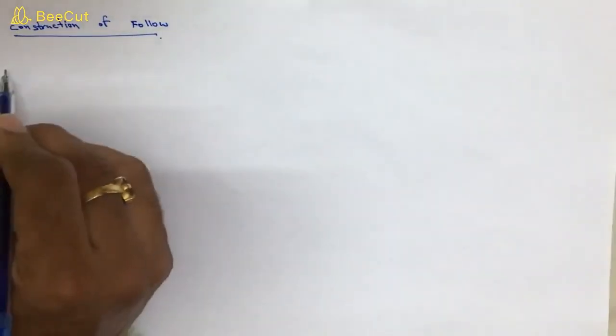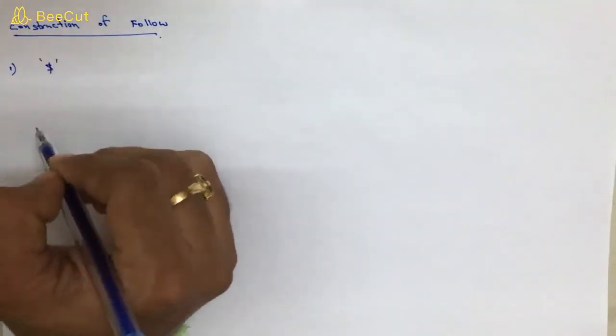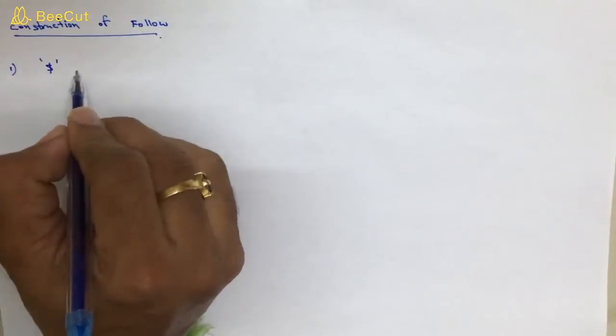Hi friends, today we will learn the construction of follow. When you are constructing the follow for the given grammar, first of all the grammar must and should be free from left recursion and left factoring. After the elimination of left recursion and left factoring, we compute the follow for the given grammar. When computing the follow for the start symbol, dollar is added